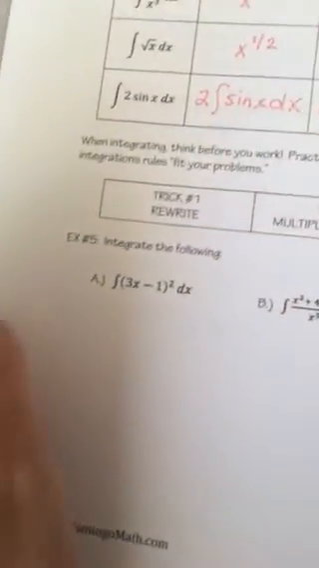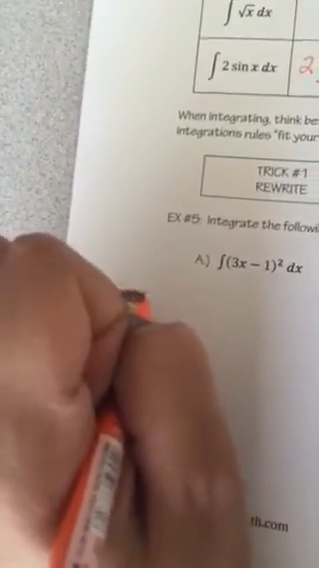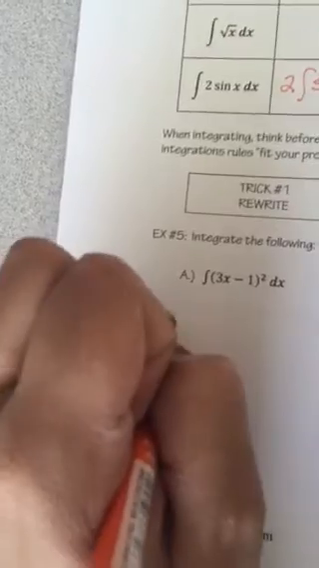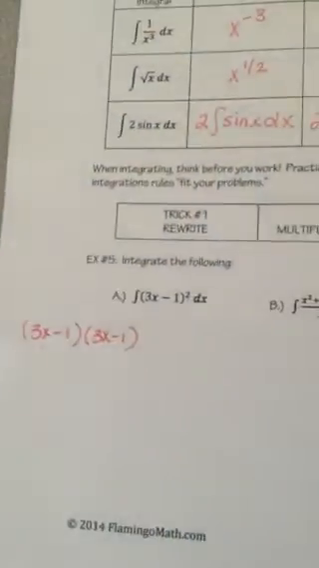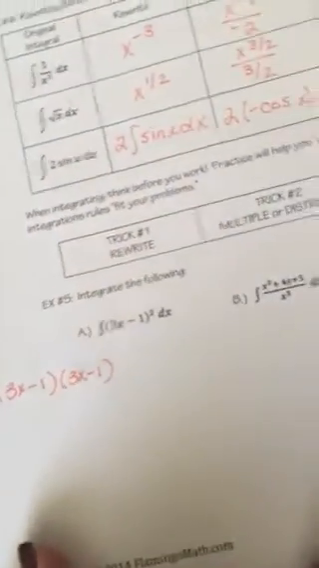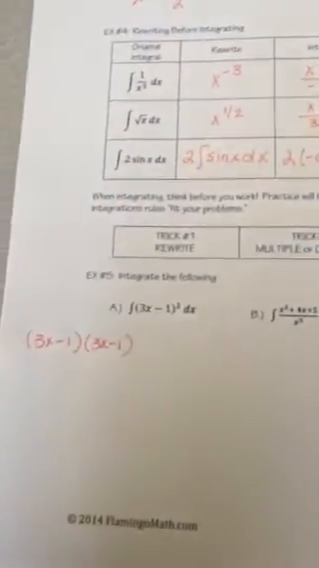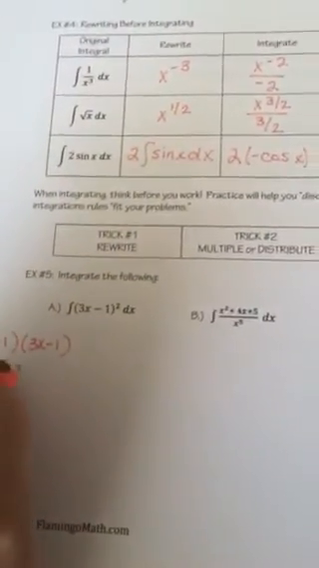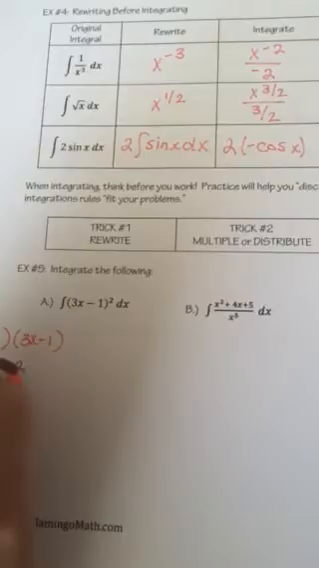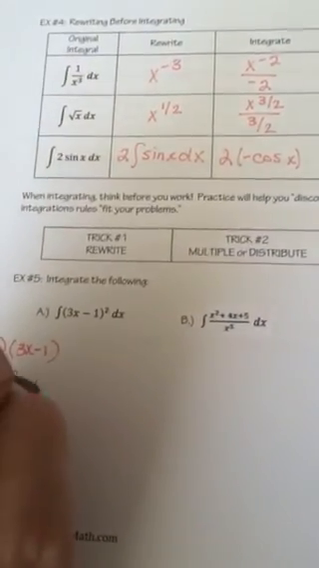So we'll have 3x minus 1 times 3x minus 1. When we FOIL this, we get 9x squared minus 6x